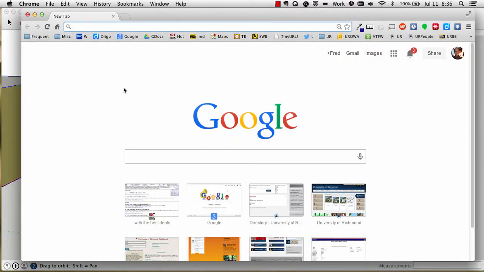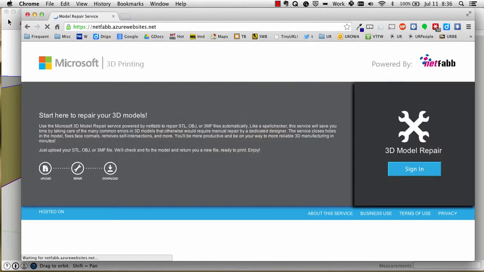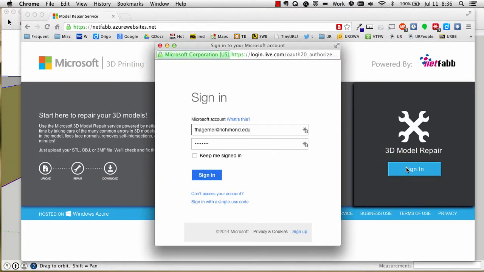So if I open up a browser window and go to cloud.netfab.com with 2 B's, there's a website that Netfab manages and hosts using Microsoft Azure, and you can upload your 3D models into it. It will automatically repair them, and then you can download them for free. Of course, if you're going to do this on a very regular basis, it might be better to actually go ahead and purchase Netfab. Nonetheless, you can click on Sign In and put in your